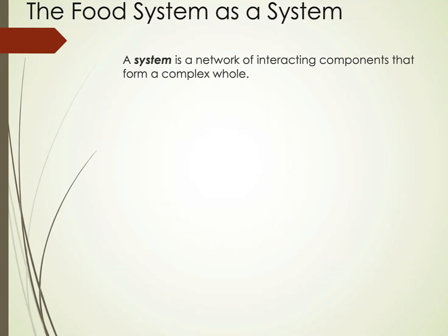So the food system. A lot of times we don't think of it as a system, but it is a system, and a system is a network of interacting components that form a complex whole. Like METC is a complex system. You've got registration, financial aid, building services, all the administration, the academic support, the computer labs, public safety. It all has individual parts, but together they work as a team. And sometimes they don't work together as a team, especially when we're trying to register and get online.